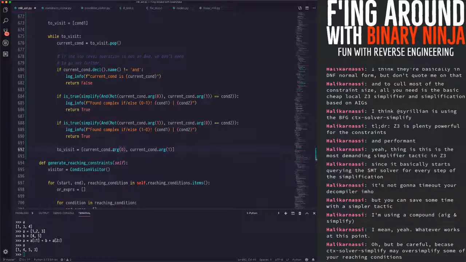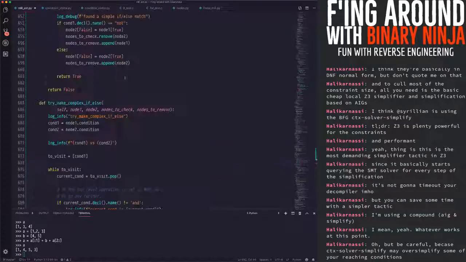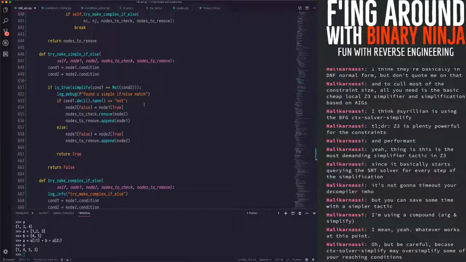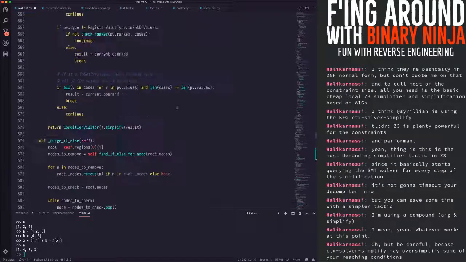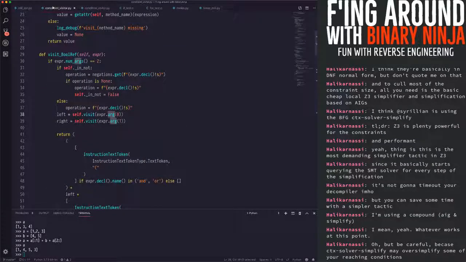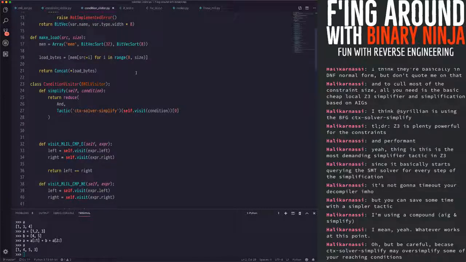So this will definitely traverse the different things. I think I only simplify at a certain place. Oh no, I simplify